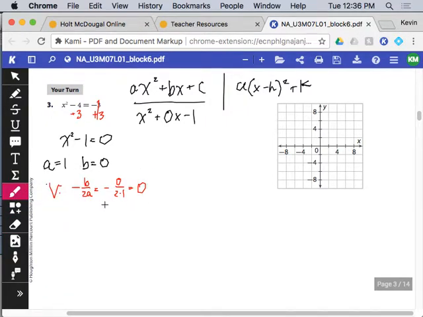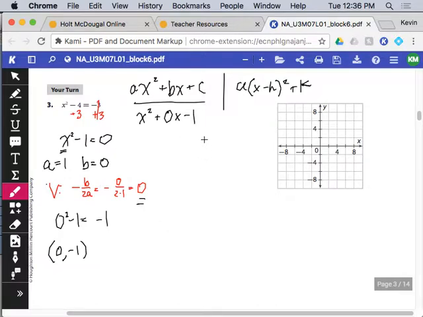But we find the y component by plugging in 0 into our equation here. So we get 0 squared minus 1 equals negative 1. So our vertex is at 0, negative 1. Does that make sense to you guys? Do you understand? We found our vertex by doing negative b over 2a and then plugging that result back into